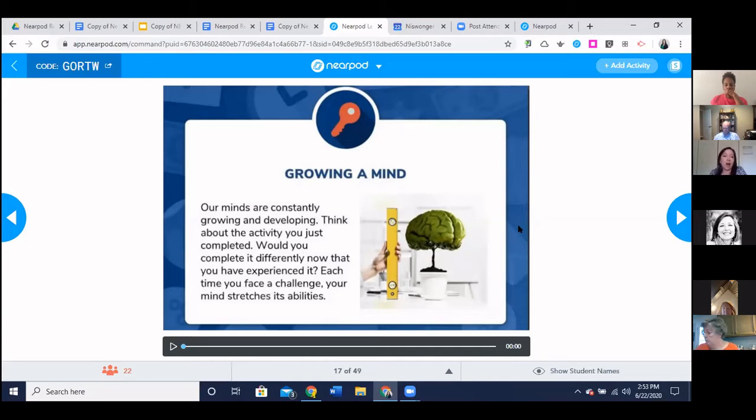And this slide is going to provide content for your students to learn. Something that's neat about this is that you can actually do growing a mind. Our minds are constantly growing and developing. Think about the activity you just completed. So you can add audio to the slides and have that read to the students. So that's a really good way to provide some accommodations for students, especially if they're working through this individually in the student pace mode. So the lesson tells us that our minds grow when we face a challenge, our mind